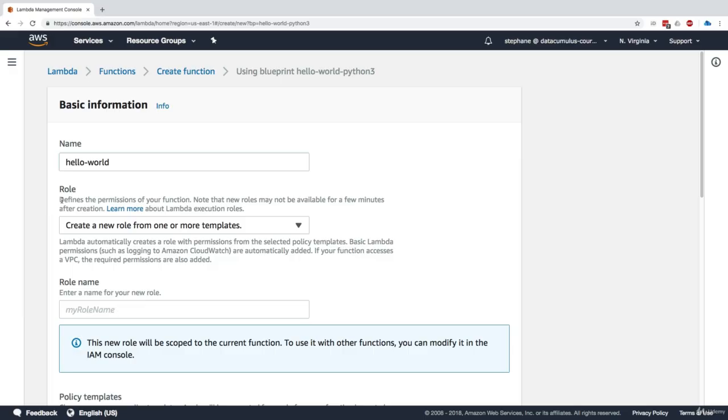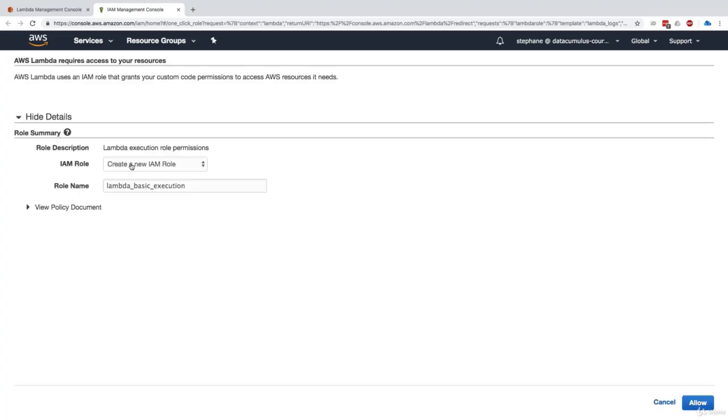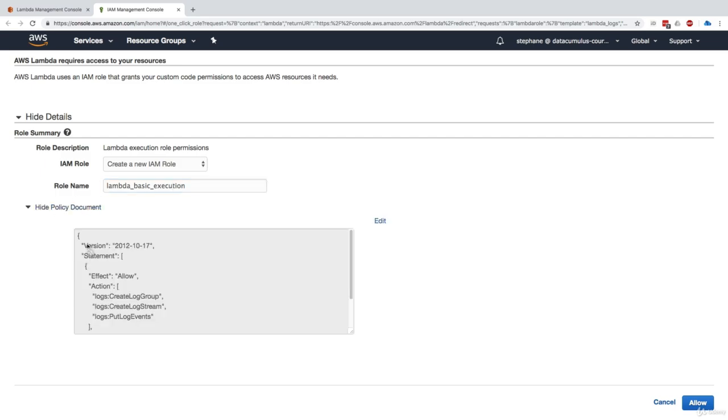Now, the first thing we have to see is that our Lambda function takes a role. And so a role is basically an IAM role that will be attached to our function and define what it can and cannot do in our AWS infrastructure. So this looks just like the IAM role for EC2 instances. And this is the exact same principle. So we can either create a new role from one of our templates or create a custom role. I'll click on create a custom role and we are taken straight to the IAM console. And it says, okay, we're going to create a new IAM role called the Lambda Basic Execution role. And this sounds great. And if we view the policy documents, we can see that this is a very simple policy document.